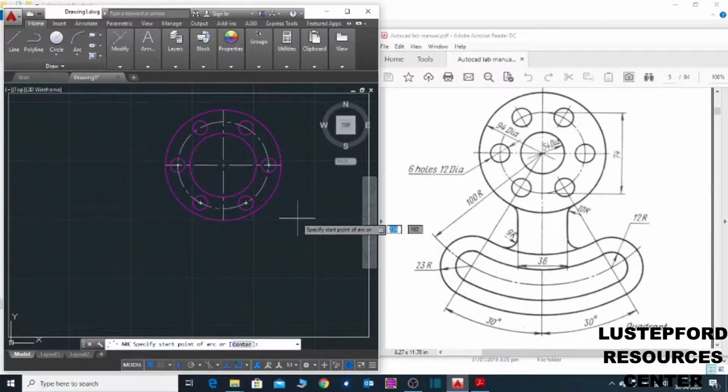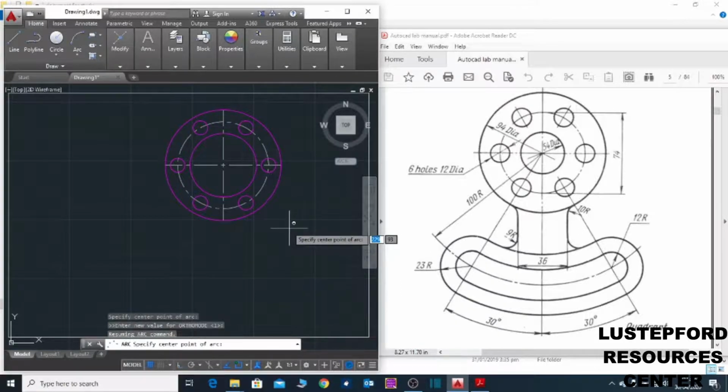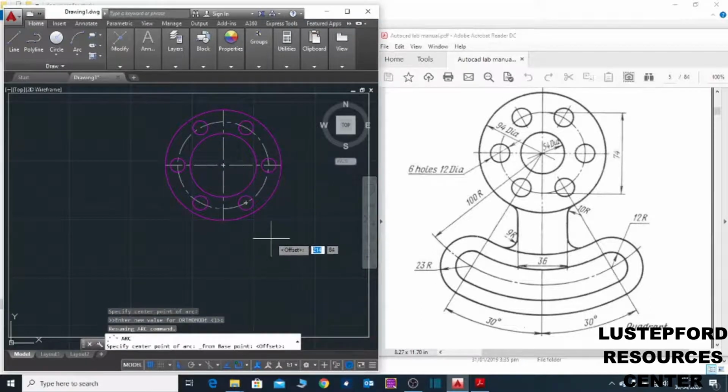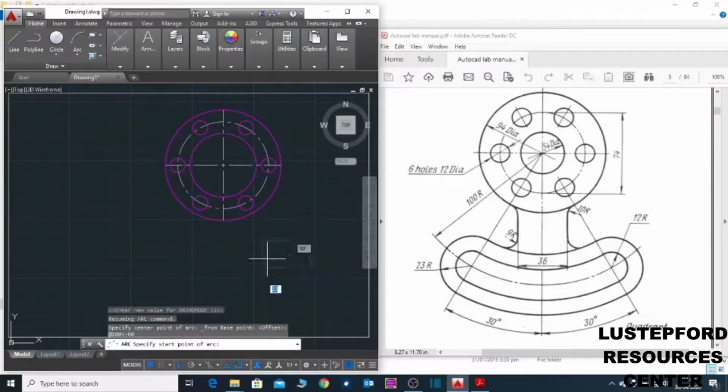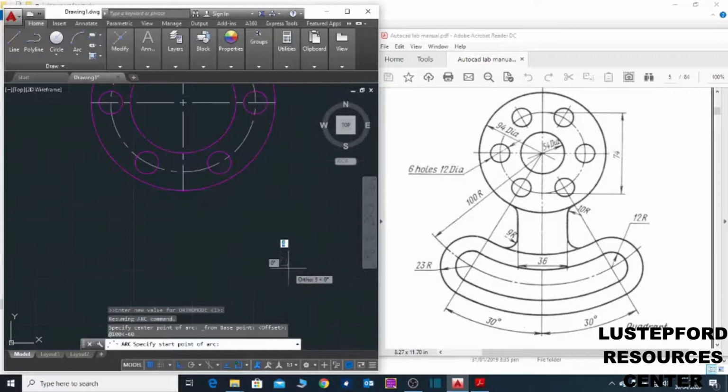Then it says specify, then press the shift key, right click, select from, this point, at angle sign minus 16, enter. We've gotten the center. This is the center of the arc. Then specify start point of the arc.